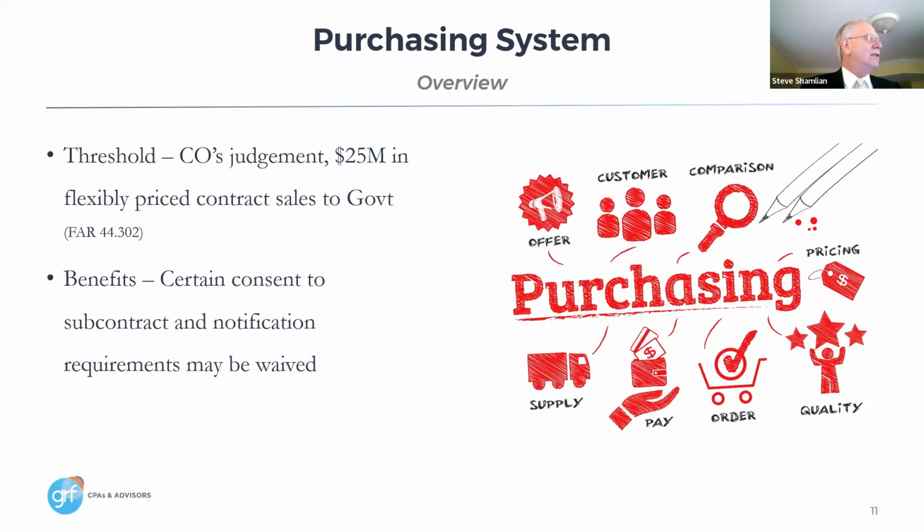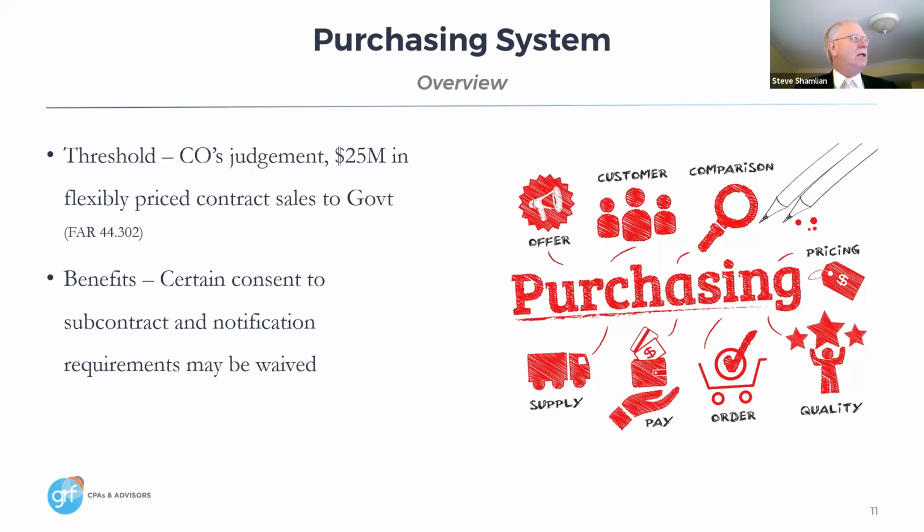If a contractor's sales to the government, excluding competitively awarded firm fixed price and competitively awarded fixed price with economic price adjustment contracts, and sales of commercial supplies and commercial services pursuant to Part 12, are expected to exceed $25 million during the next 12 months, perform a review to determine if a CPSR is needed. Sales include those represented by prime contracts, subcontracts under the government prime contracts, and modifications. Generally, a CPSR is not performed for a specific contract.